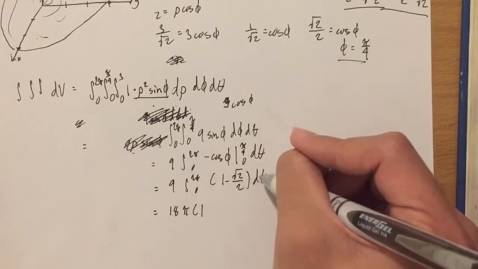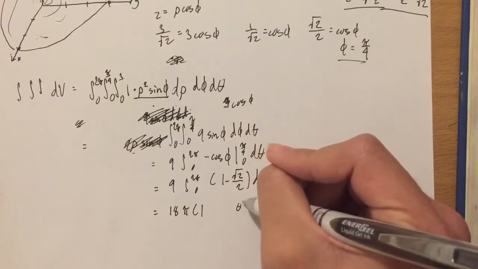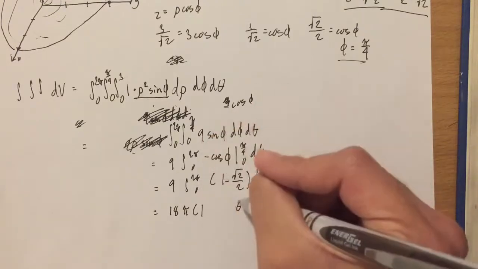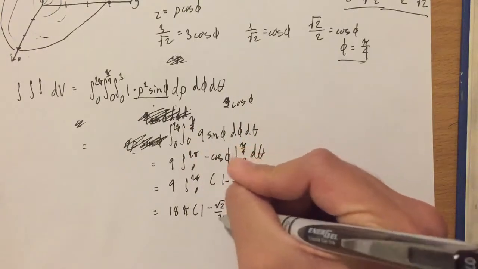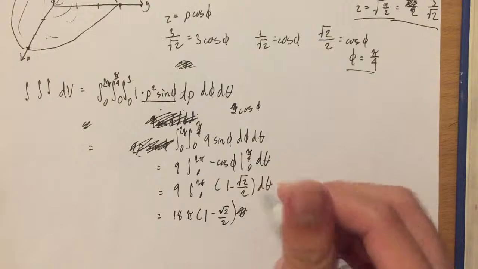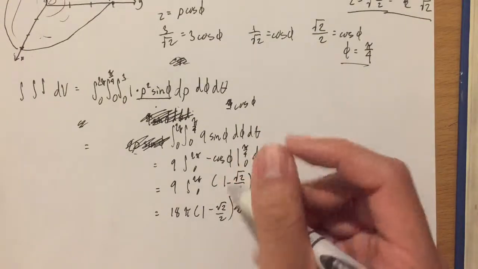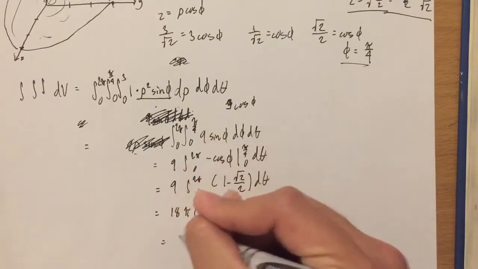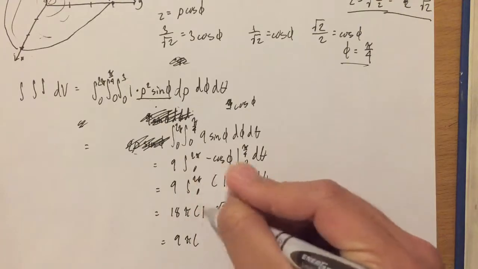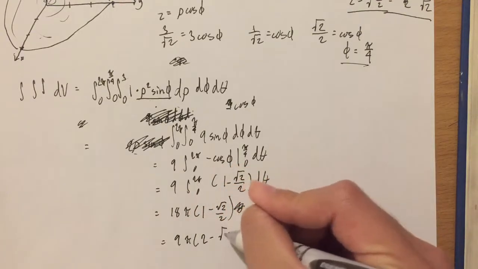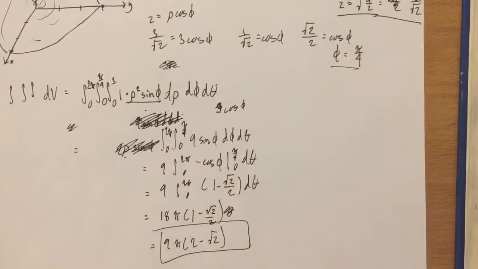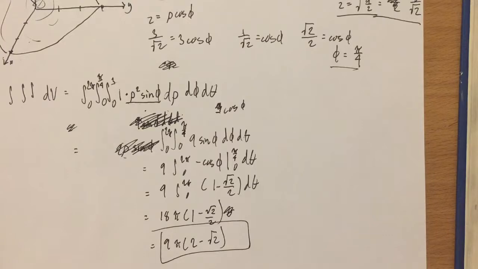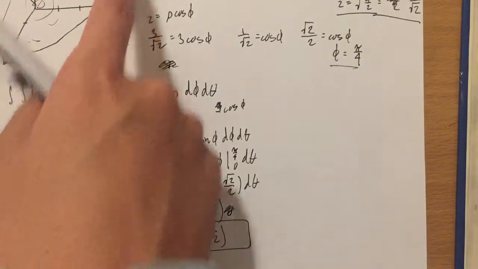So that would just result in just a theta right here, so it'll just be multiplied by 2 pi. So 9 times 2 pi by 1 minus root 2 over 2. That would be the answer. And then you could simplify it to 9 pi times 2 minus root 2. That would be the simplification, and that would be the volume between the solid region. And that's all that I could